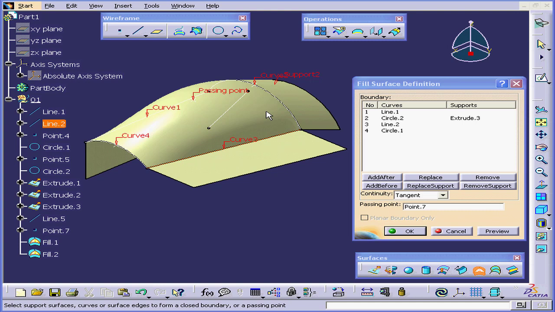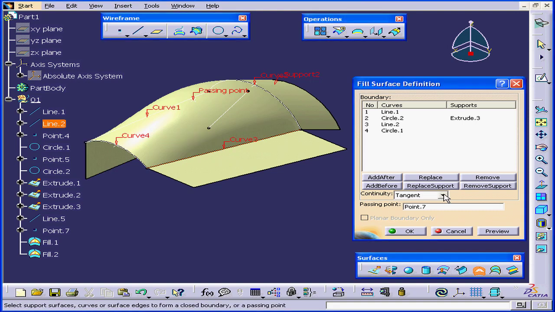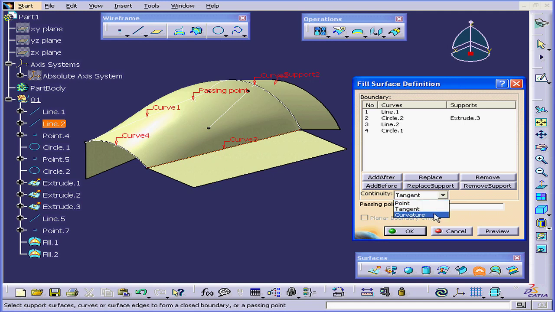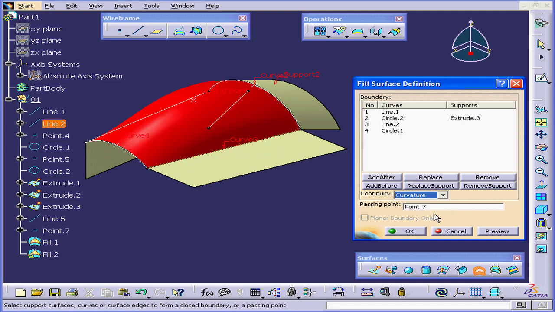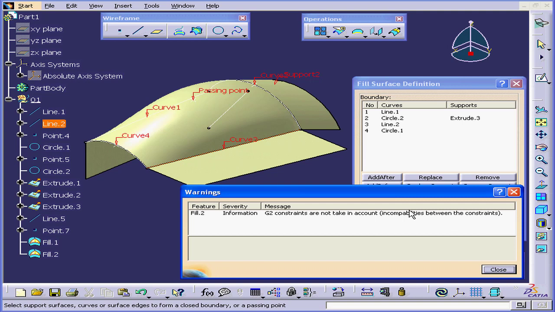In order to achieve a G2 geometrical continuity, you basically need a single continuous surface. In other words, the curve shares tangency and curvature at any given point along the surface. To recap, G0 is flat, a G1 geometric continuity has a tangency, and a G2 geometric continuity has a single continuous surface. If I try to select curvature instead of tangency for my continuity type,